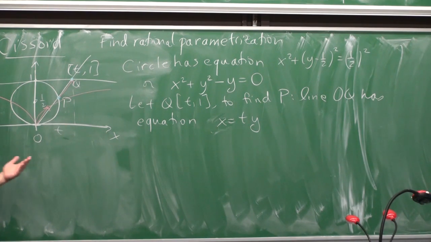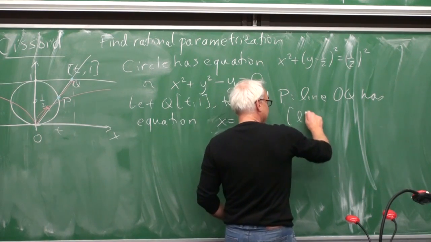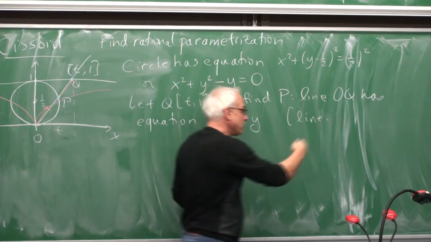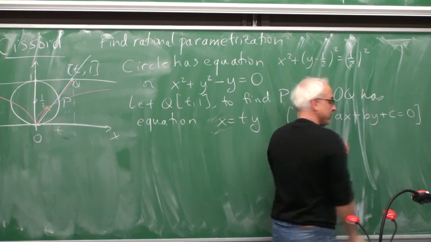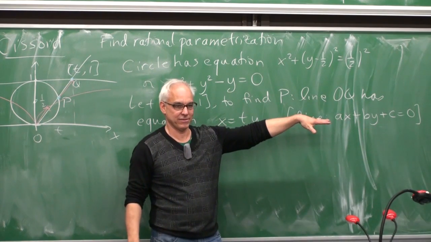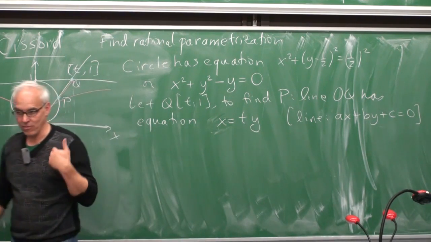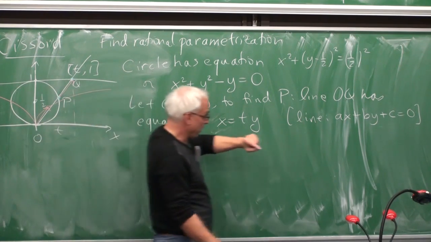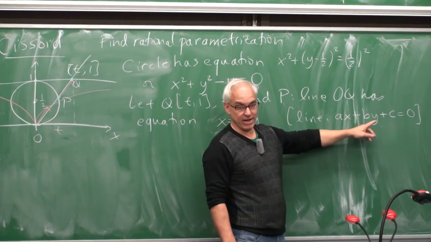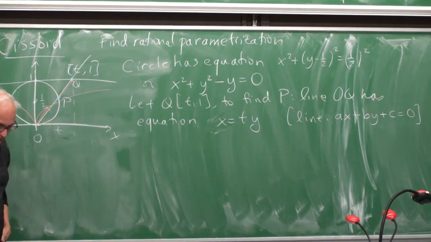We don't always have to write an equation of a line in the form y equals mx plus b. In fact, generally speaking, the best approach to thinking about a line is to think of it in the form ax plus by plus c equals 0. That's a symmetrical form for a line. So it's a good idea, if you're working with lines, to think about them with that general form rather than y equals mx plus b, because this is more general. When b is 0, this will still make sense, but the other one won't. All right, we've got that line.